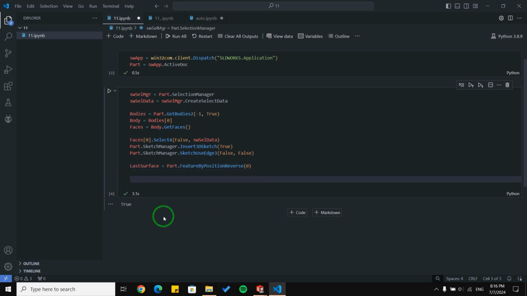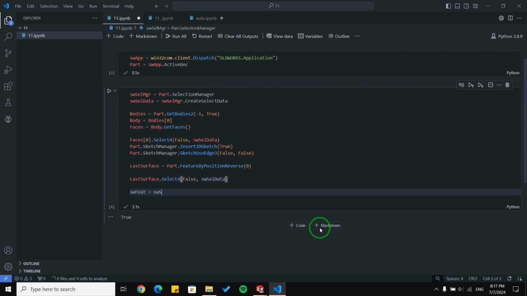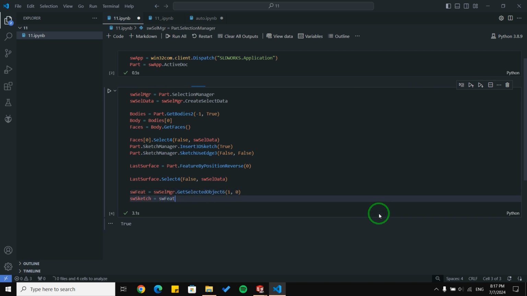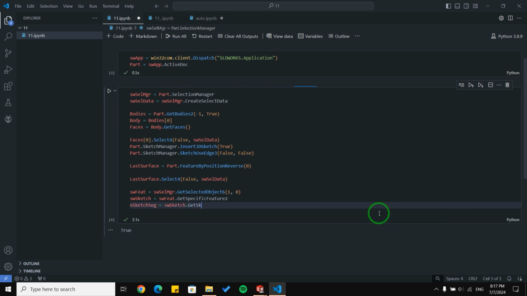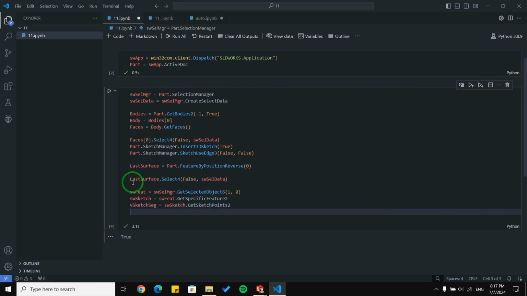Okay, let me write the rest of the code here and then explain it. As you can see, using these 4 lines of code, I'm going to first select the converted entities, or the sketch that we just created.